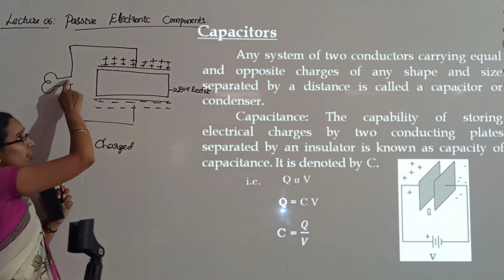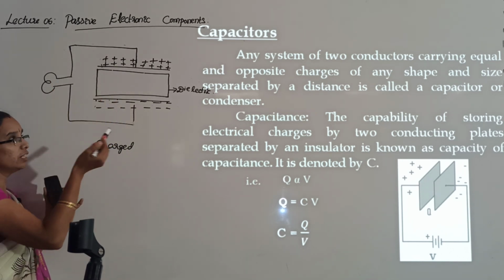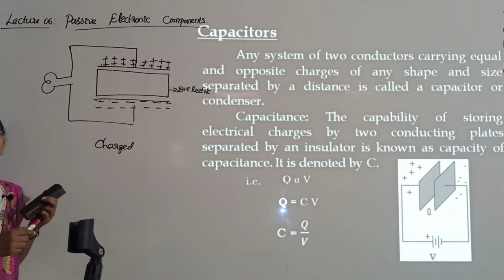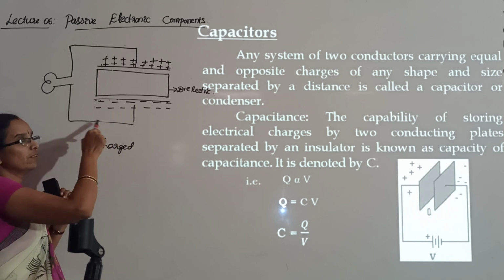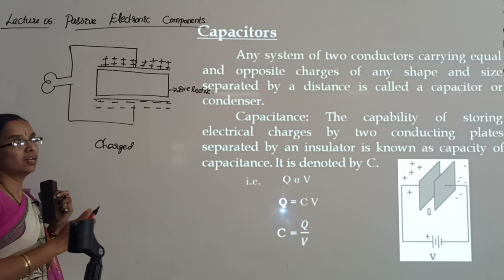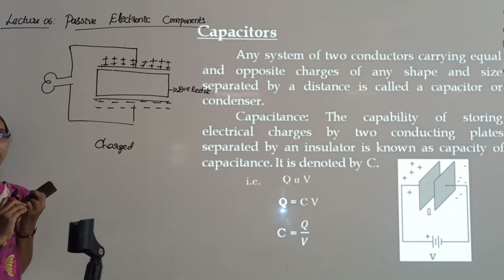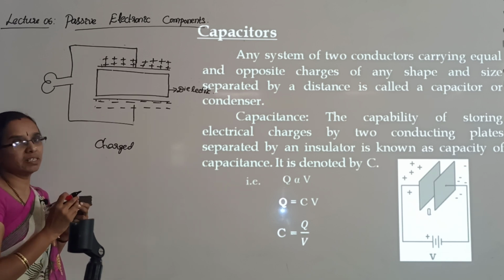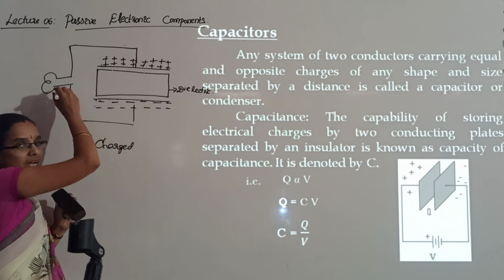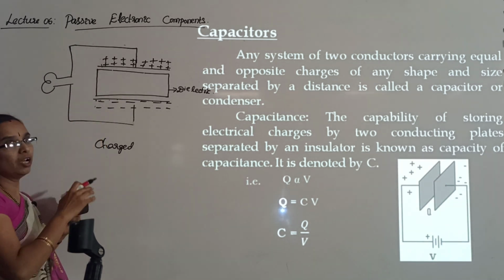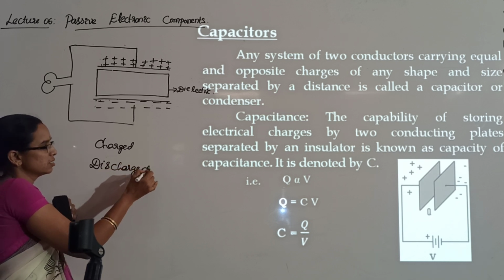So there is a flow of electrons in this path, and obviously there is a flow of current. Because of that current flow, the bulb will glow until both plates become neutral. This flow of electrons will be continuous. Once both the conducting plates have an equal number of positive and negative charges, both plates are neutral, the movement of charges stops and the bulb will be off. At that time you can say the capacitor is discharged.